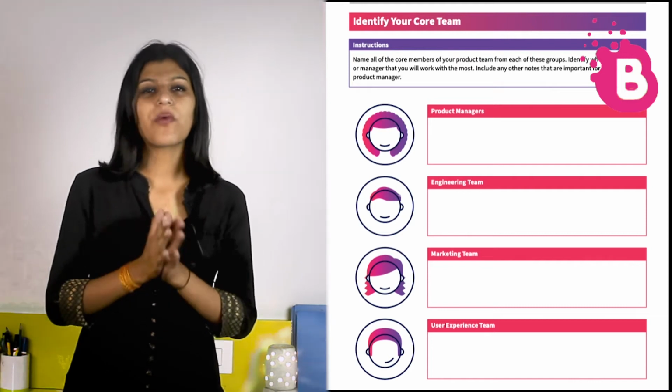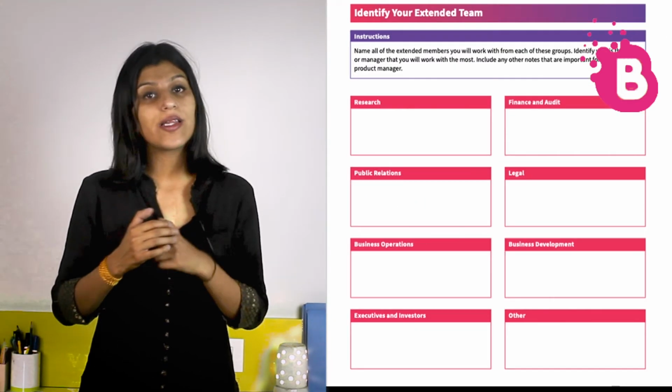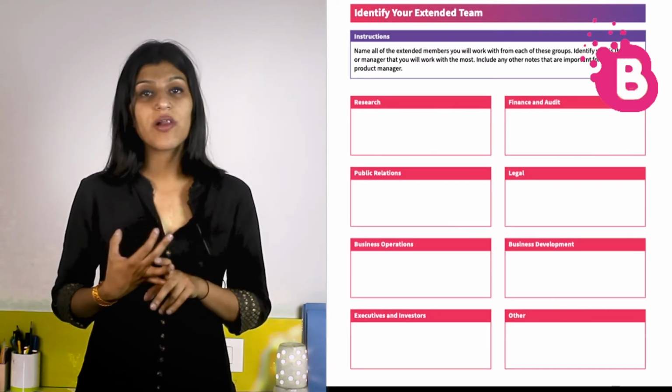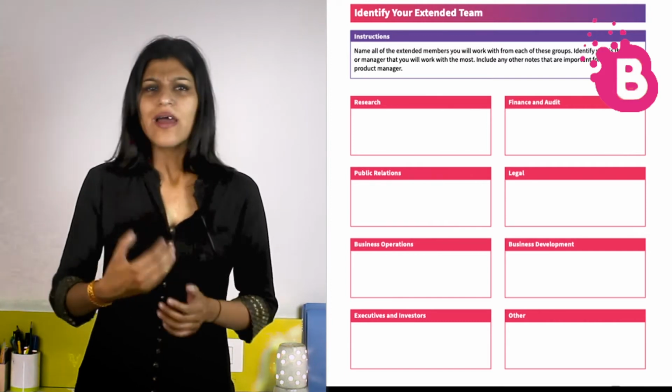Core team involves the product manager and marketing team, while the extended team involves research, public relations, legal, and many more. The next step is use case diagram, which is the very first step that depicts the ability of users to get involved with the system. It is the fastest building document and it is created to ensure that both parties are in agreement.